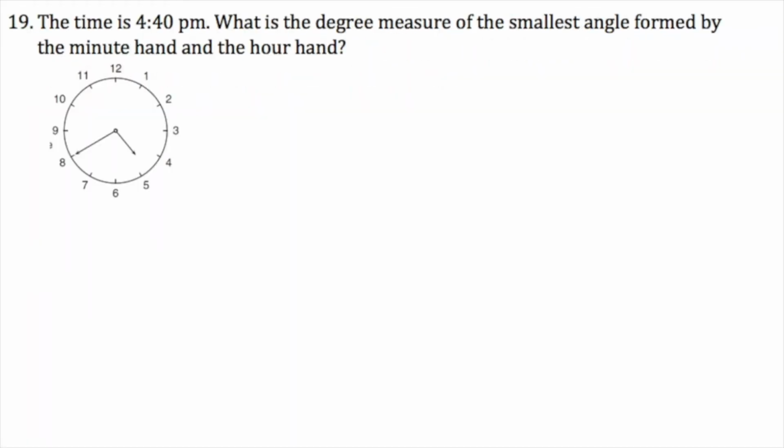Problem 19. The time is 4:40 p.m. What is the degree measure of the smallest angle formed by the minute hand and the hour hand? So there's 360 degrees in a circle, and there's 12 hours. So we get that there's 30 degrees per hour, or per number. So obviously from 0 to 8 is going to be 8 times 30 degrees per number equals 240 degrees from